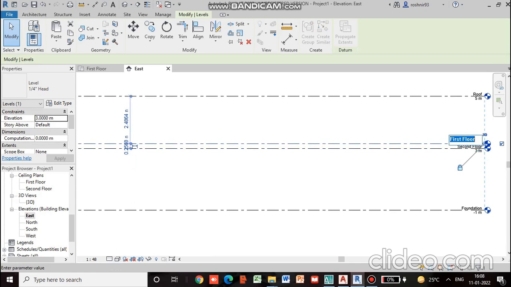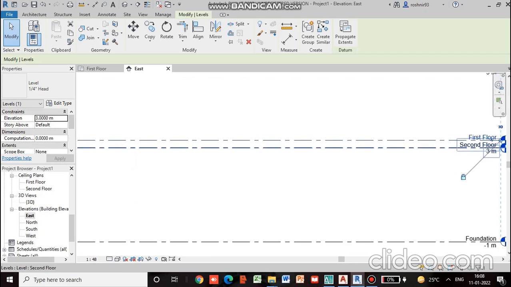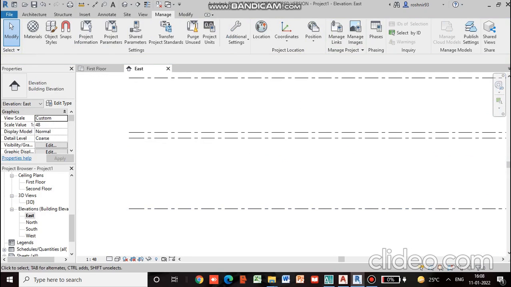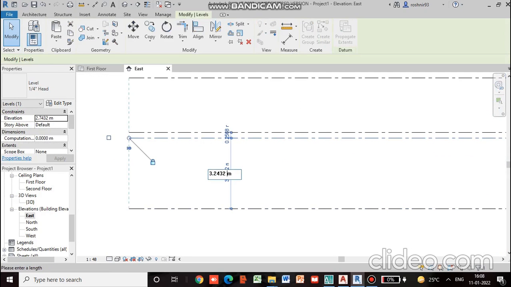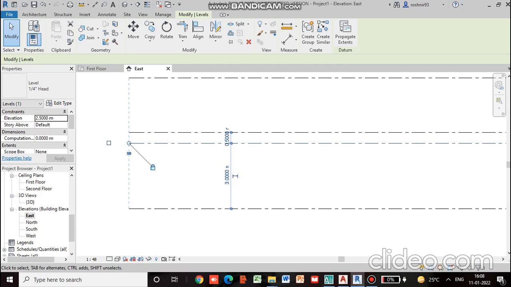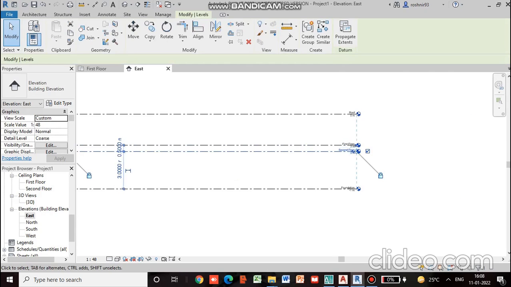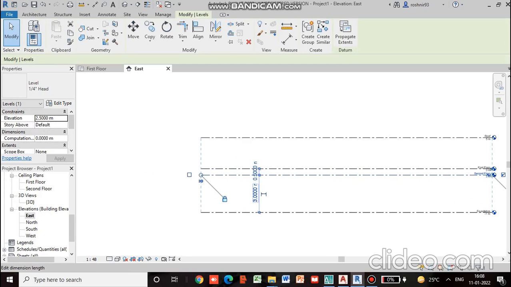Now we will go to second floor. We will change this to 3 meters. I will show you. When you click on the level, you can see this,